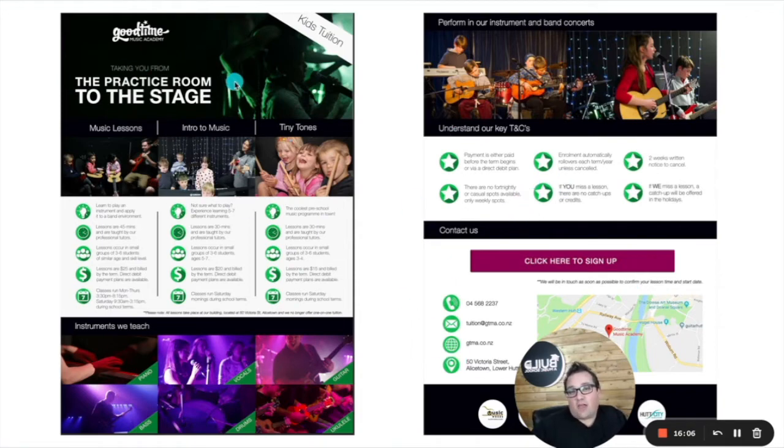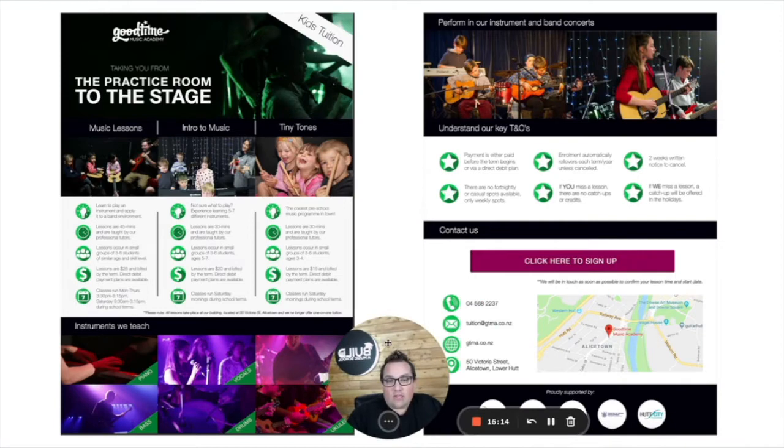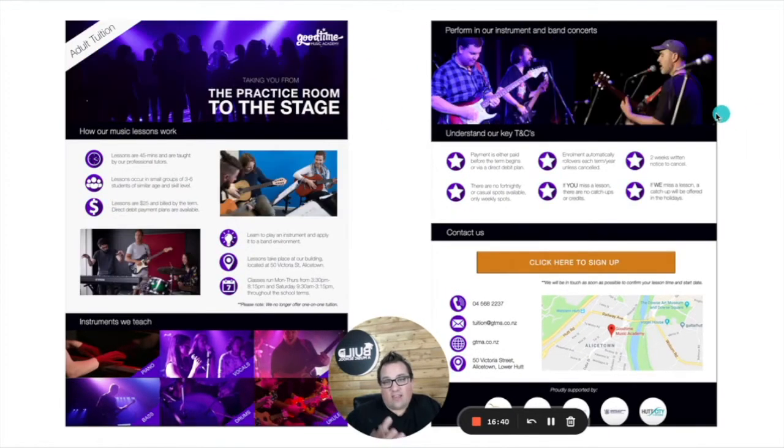You could whip something up like this in canva.com. If you don't know about that, it's a really great design software that you can make your own cool designs. And you can then just decide how you want to arrange your info packs. You may just want to do one info pack which has details for kids, teens, and adult lessons, or beginner, intermediate, advanced. It might be that you teach guitar and voice and you have a pack for each. However you want to do it, find a template. It's just about tweaking some of the photos, changing some of the text, and having a really slick looking info pack that you can send people.